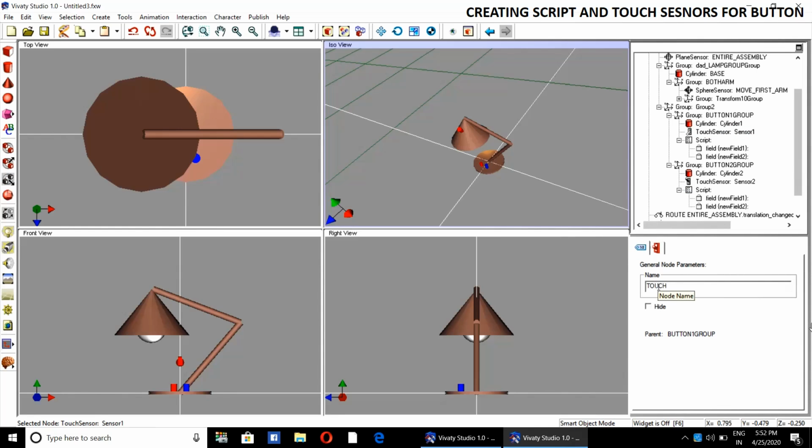This sensor will be called touch 1. Sensor 2 will be called touch 2. Then this will be called code 1. This will be called code 2.